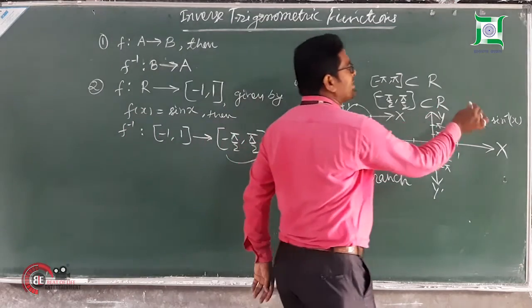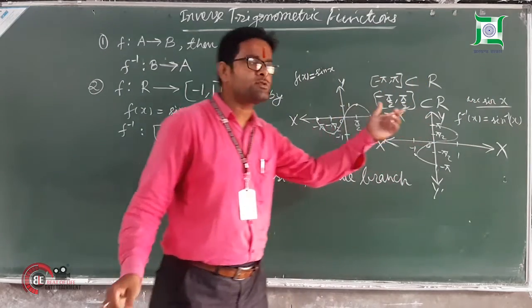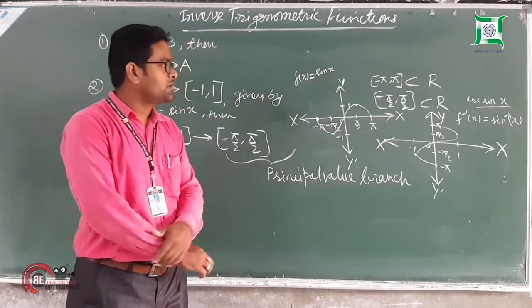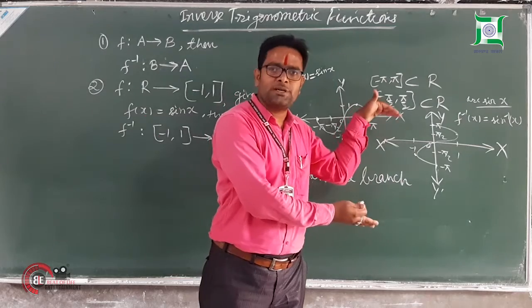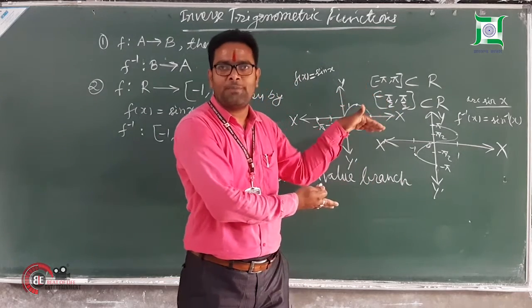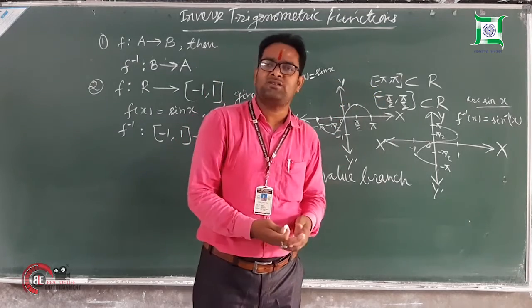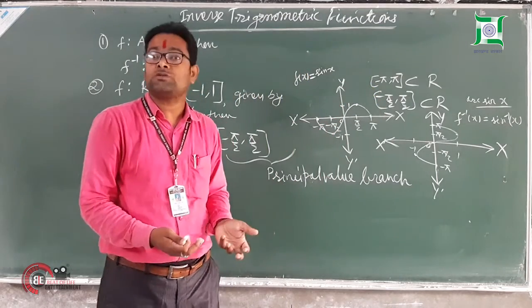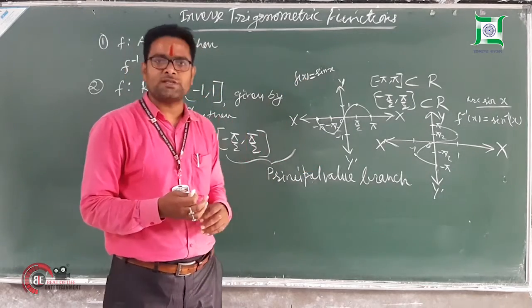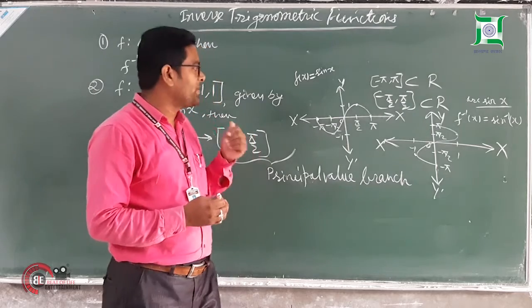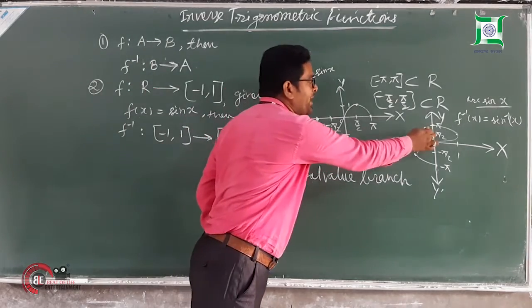You know, this sine inverse x is also known as arc sine x. Arc sine x also means sine inverse of x. So you can see the graph of both. If we increase the limits, if we increase the interval, you know what will happen? We will find difficulties to understand it, and it will be more and more difficult for the students. Within R, there are so many intervals, and within those intervals, there are so many variations of inverse trigonometric functions. So what will we do? We will restrict its range between minus pi by 2 to pi by 2.